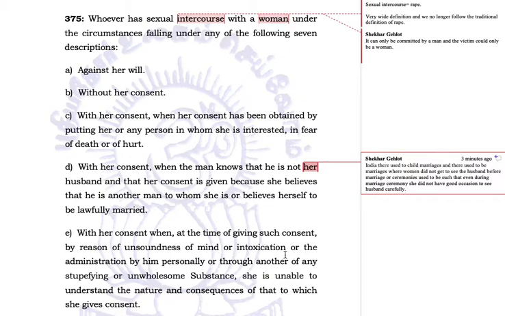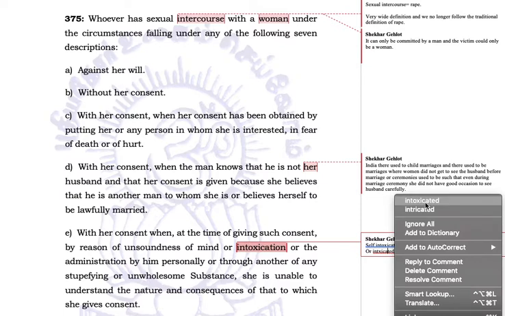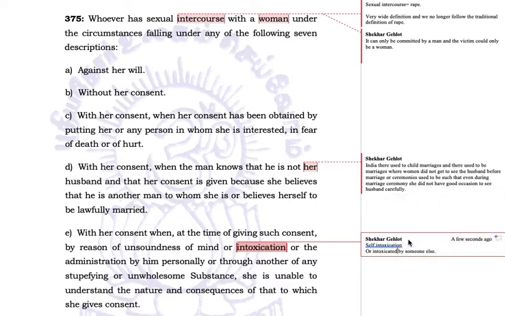She is intoxicated. Now, here we are not talking about self intoxication or intoxicated by someone else. Here we are not making any distinction between whether she was self intoxicated, whether she consumed liquor on her own, or she got intoxicated due to taking drugs or liquor on her own, or somebody else out of force or out of cheating gave it to her. We are not concerned with that. If when she gave the consent, she was intoxicated and she later on says that my consent was not taken voluntarily, then definitely it is a rape.